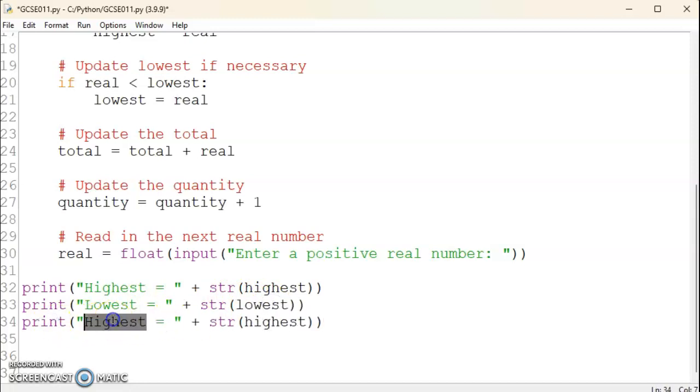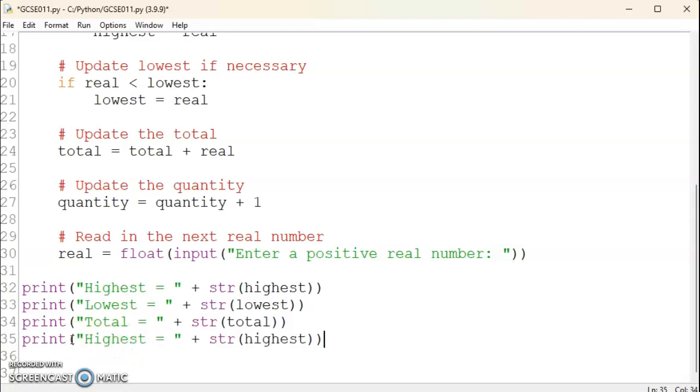The third one will be the total. The sum of all the numbers is going to be given as the total. And finally the mean. In order to calculate the mean, we take our total and we divide it by the quantity of numbers that was entered. This is also a point of danger if we never entered in any numbers. If the length of the list was 0 integers, then there's a risk that we would end up dividing by 0. So, before dealing with the unusual eventuality, let's try running the program to see if we have arrived at